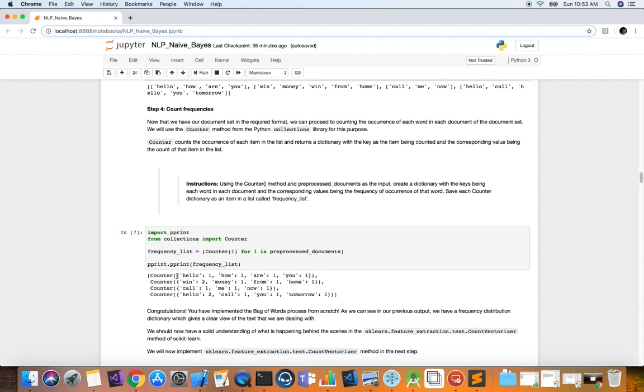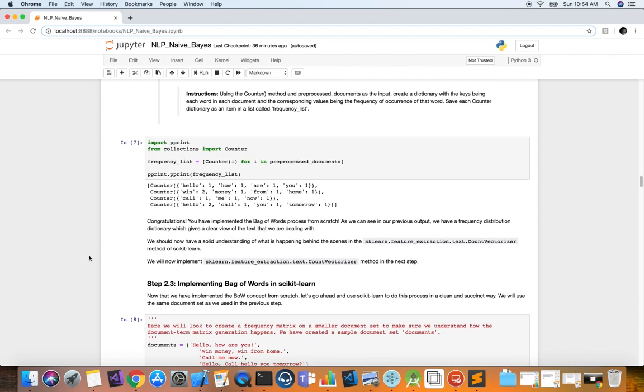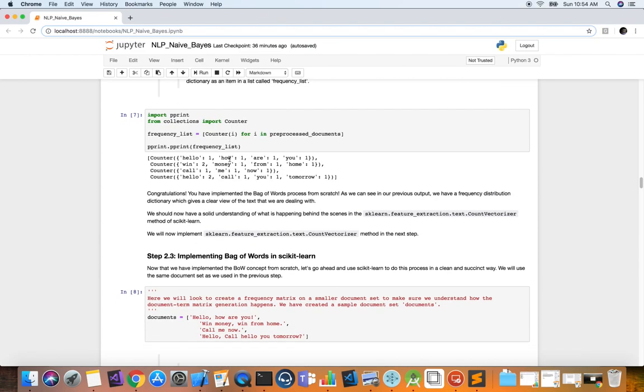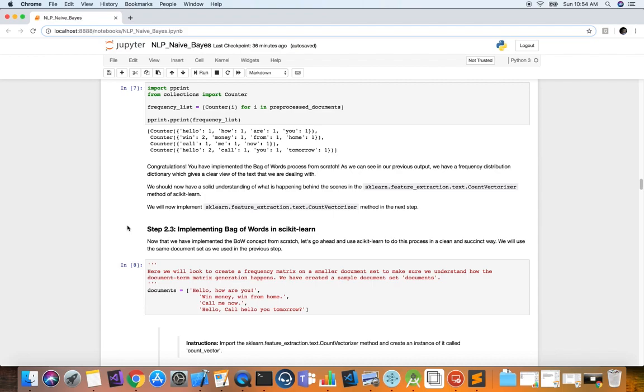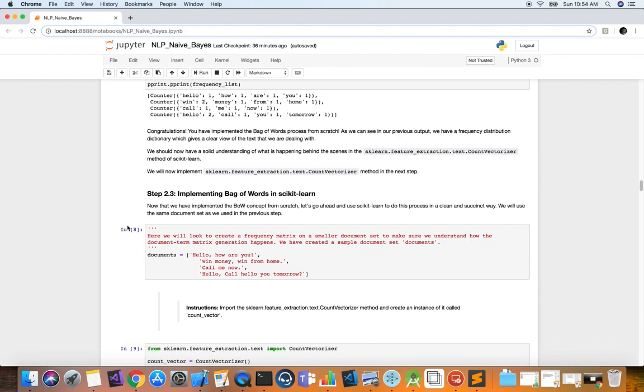and print it out. And as you can see, we have a list of Counter objects. When you pass in a list of words, this Counter object returns essentially a dictionary that maps each unique word, so that's the key, and the value is how many times it appeared in that document. So that's what we have here. So we have implemented the Bag of Words process from scratch. And this is essentially a frequency distribution dictionary, which gives us a clear view of the text that we're dealing with. So now that we have a solid understanding of what's happening behind the scenes, now we're going to use